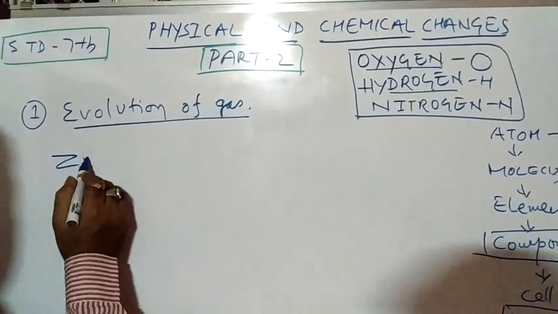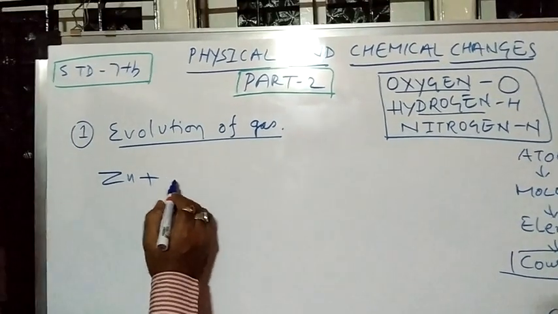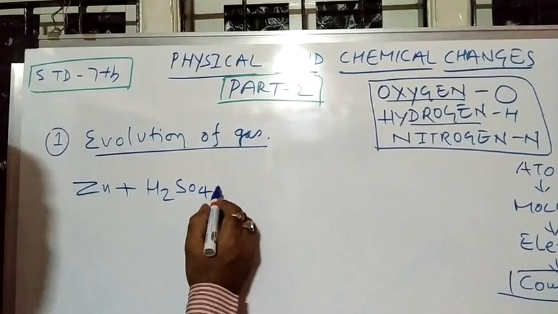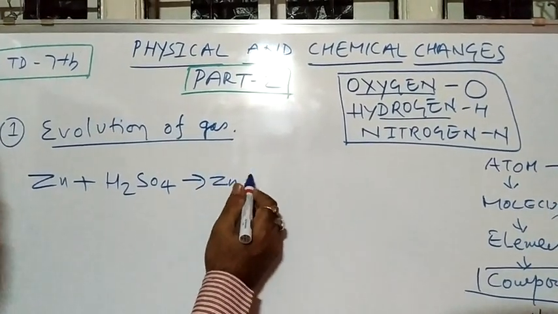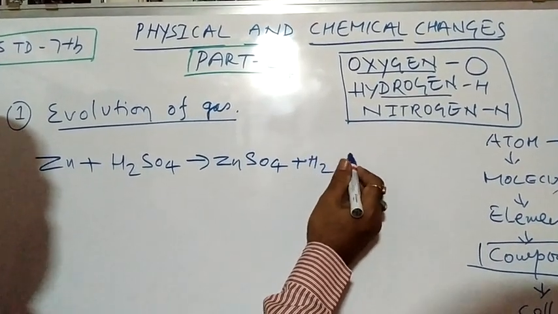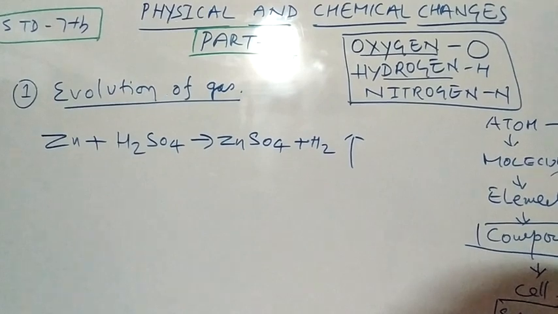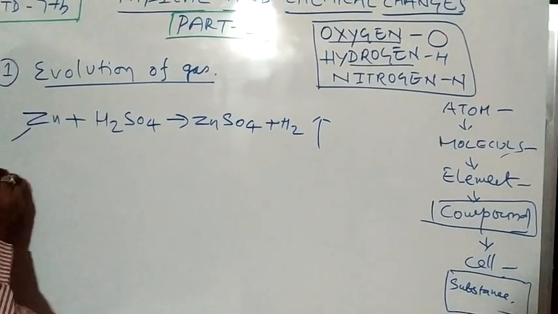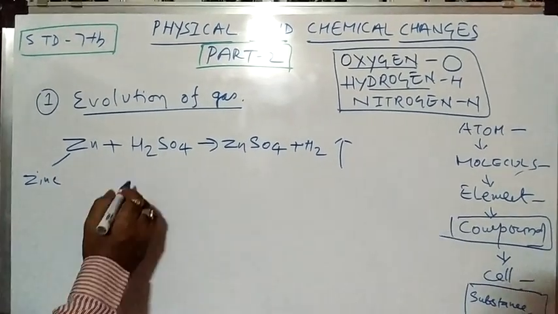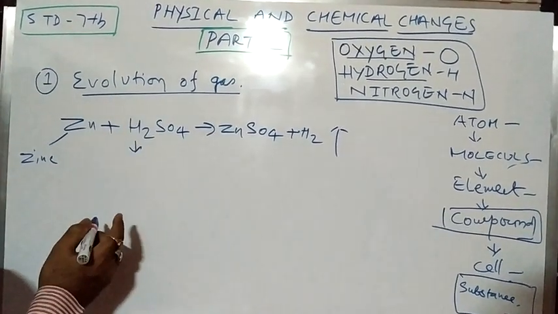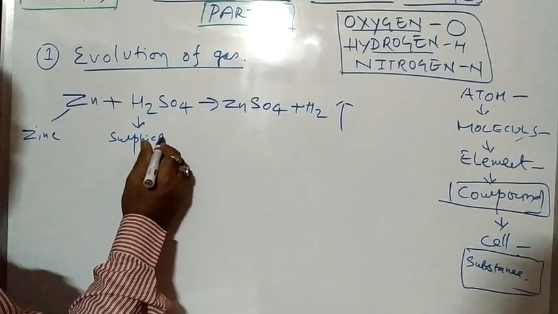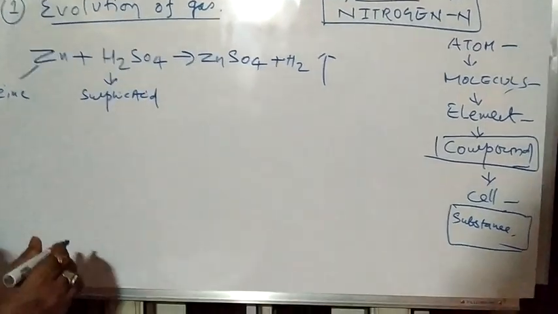These are the chemical reactions which are very important for you, and you need to understand all of them, how they happen and how we can evaluate them. Once you understand, it will be easy for you to write. See, this is zinc. Right? And this is already, I have told you, the compound sulfuric acid.